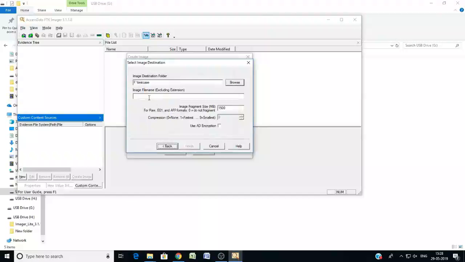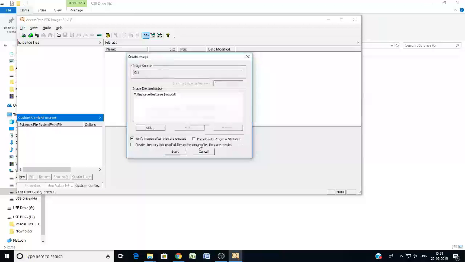You can even name the image file in that same folder. Suppose you have to image multiple drives into different images, or you want to image one working copy and one copy that you keep as a test copy, the original copy. So you will then start the imaging process.